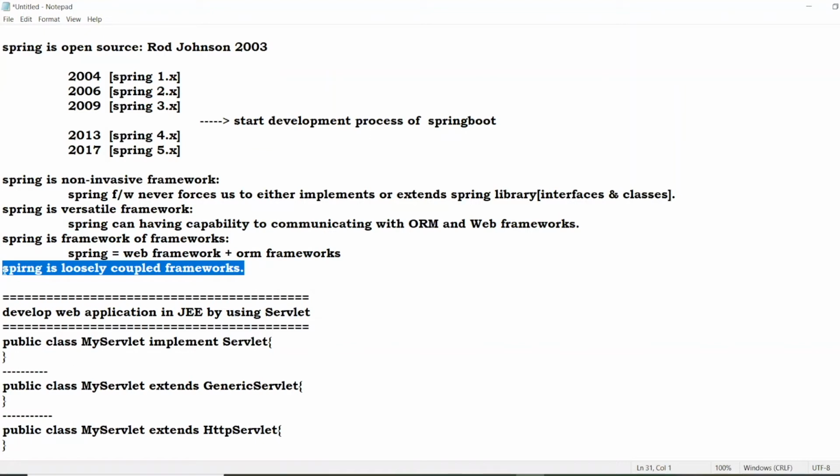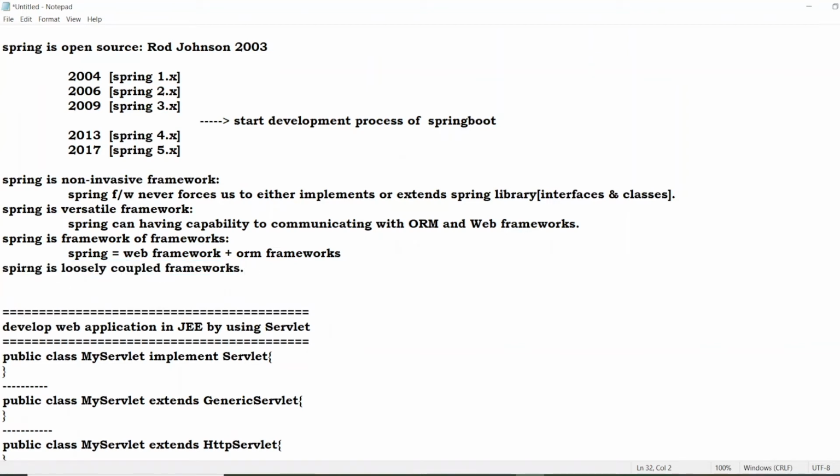This one is very important for understanding our syllabus. Spring is a loosely coupled framework. That means, observe carefully: initially, in version 1.0 of Spring, there are 7 modules.